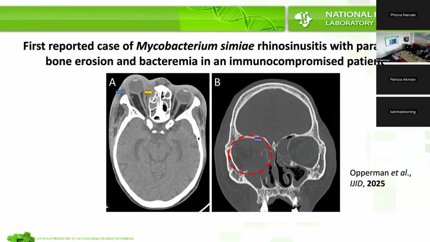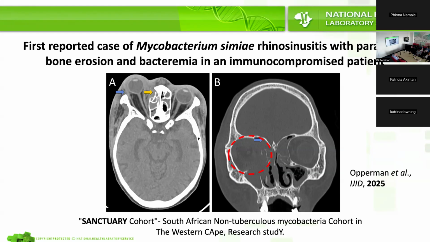I think a patient presented with acute and chronic sinusitis. Also in figure A, you can see that very prominent proptosis and then severe bone erosion in the sinuses. Unfortunately, the isolate was not stored for any further molecular investigation, but subsequently we did create a biorepository at Greenpoint, where we are now storing all NTMs within the Western Cape. So that includes Ferguson Hospital, Typo Hospital, and Greenpoint, for studies like this to investigate them a little bit further.